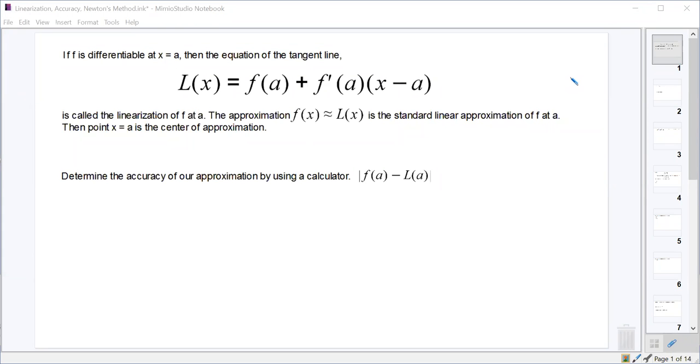Linearization is just the idea that when you take a derivative of something, you get its tangent line. Well, that tangent line is a good representation of the function on a very small interval. It's the idea that if you take a function and zoom in far enough on it, if the function's derivative exists at some point that you're zooming in around, eventually the function will begin to resemble the tangent line almost